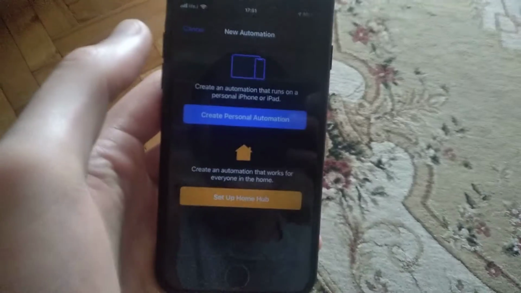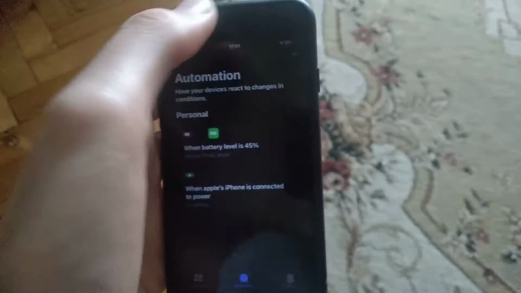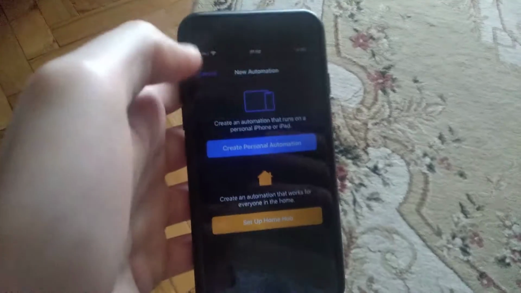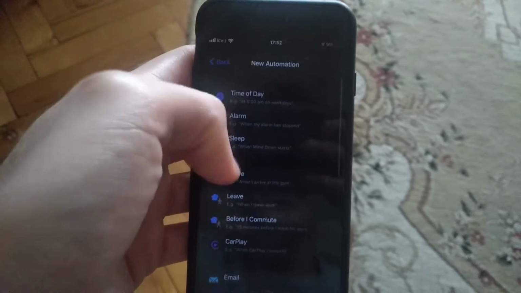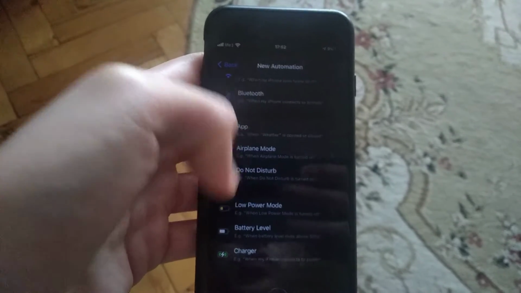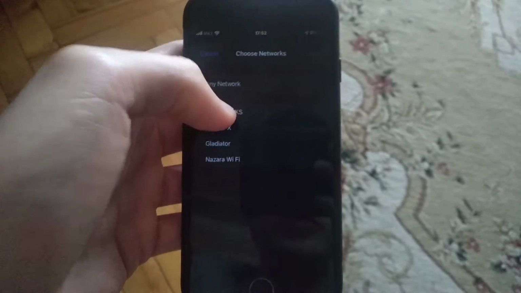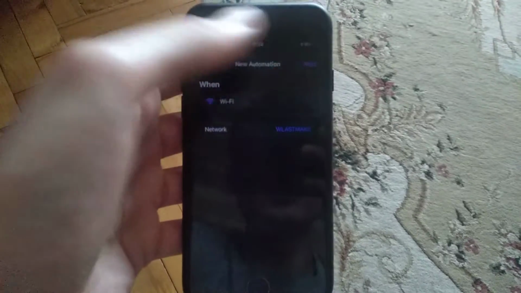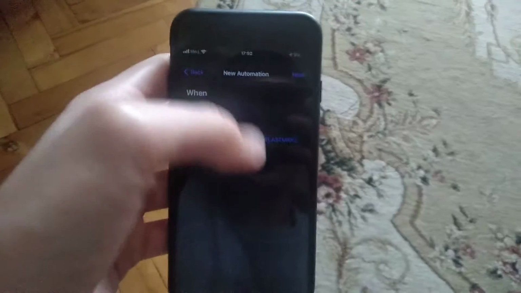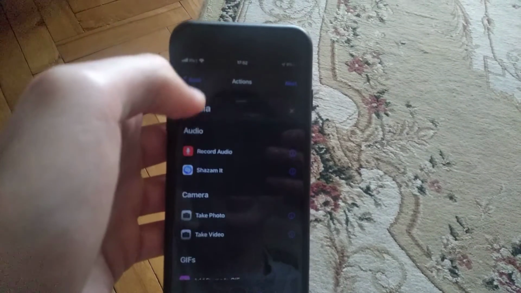and in shortcuts you need to go to automation and just choose add automation, choose create personal, and here you need to find Wi-Fi. So just choose network, to what network you want to connect to, and here is the sound. So just choose next, add action, media, and now you just can record some media if you want, or you can also